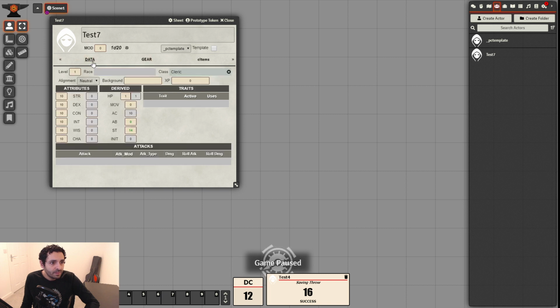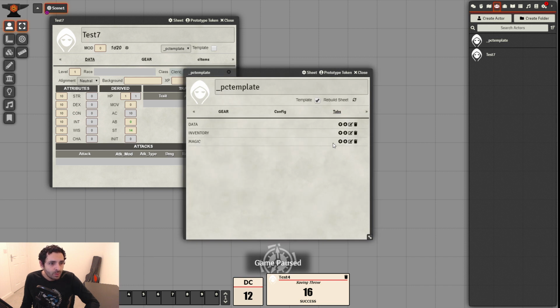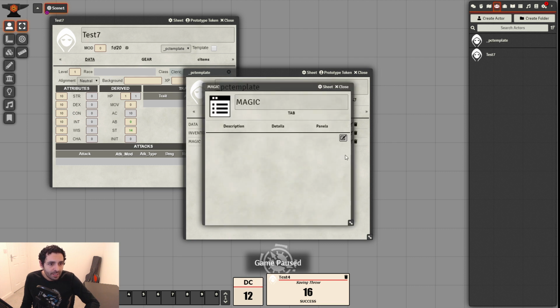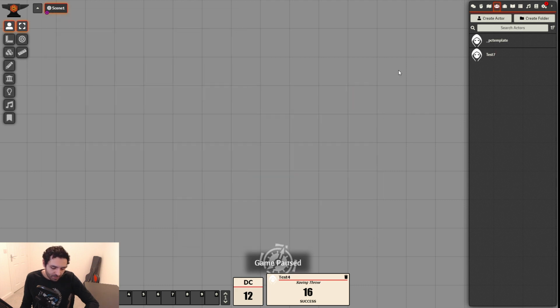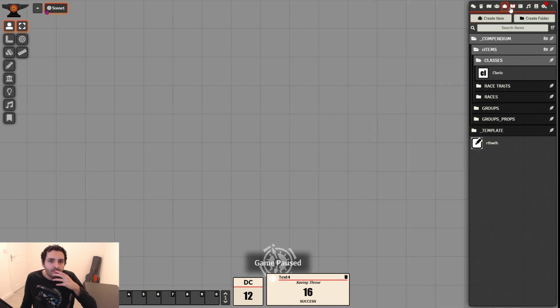Data gear. Did I include it into the template? Magic 3. Config. Yeah, 3 visible tabs. The magic tab is here. Is magical. Okay, let me check what happened here. F12. No, you know what? I'm going to make it visible. I'm going to make that property visible